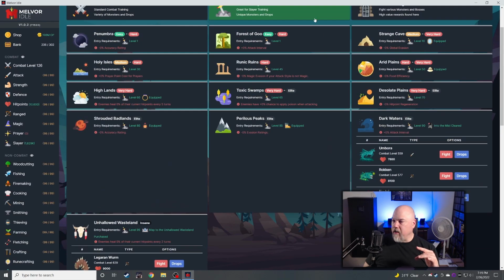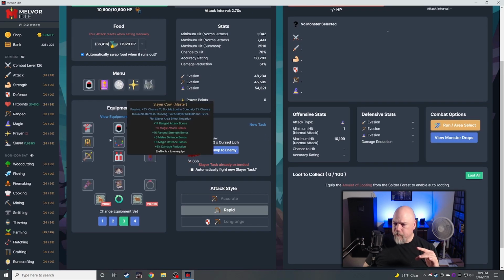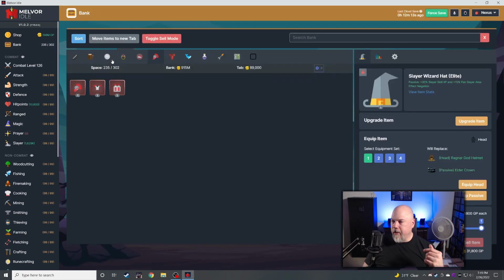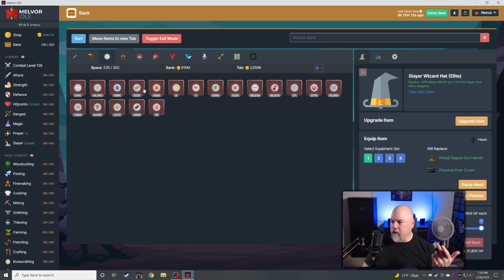And at some point I'm going to have to stop here and replenish. Like, I don't have as much food as I'd like. I'd love to have, like, my hardcore character has 100 and some thousand food. I'd like to have that. I need to get bolts built up. I was looking at my rune count. I don't have nearly as much of